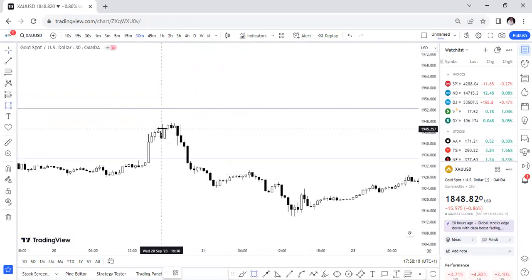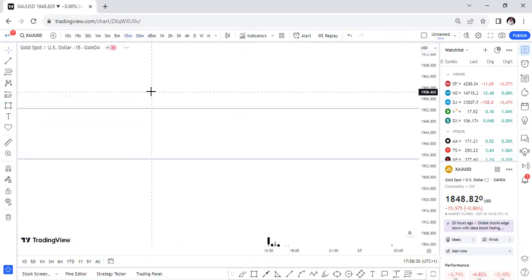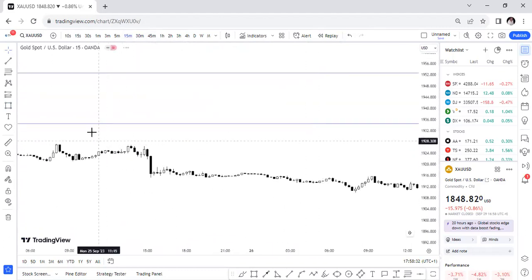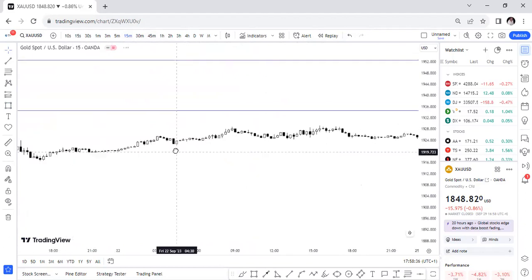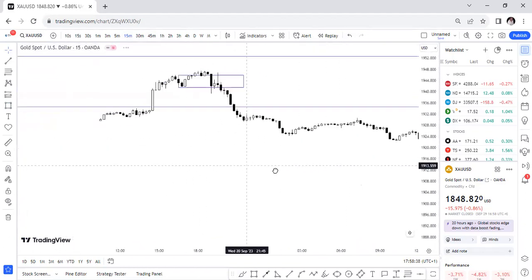Now you see that this is a bullish engulfing, right? What happened to it here? It was taken out, and price returned to it here. Can you see it? It was taken out. So that's how to refine your chart. You want to use that lower time to refine it.